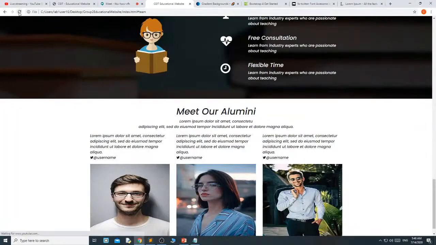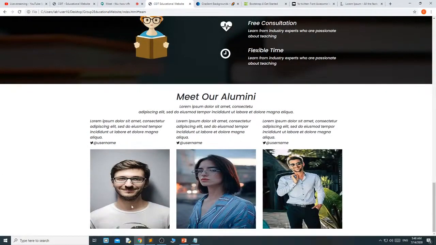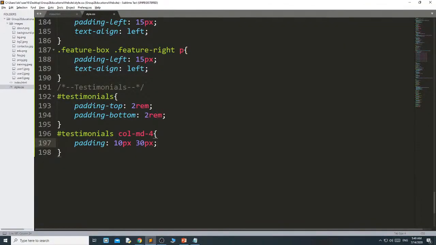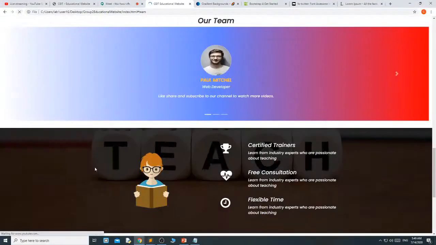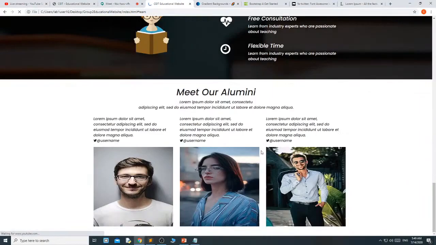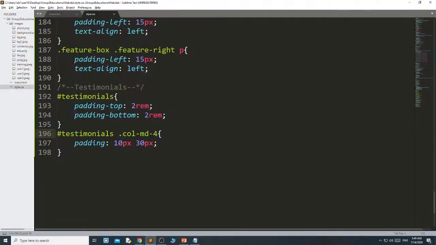Okay, 10 pixel from top and bottom, 30 pixel from left and right. I am giving it to the container, means this particular one. I forgot to give the dot symbol. Okay, that's why it is not reflecting. Okay, now it reflects. Then testimonials,